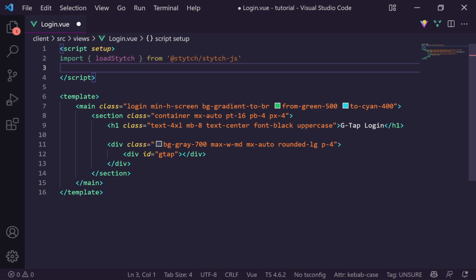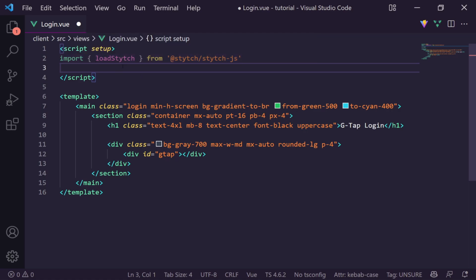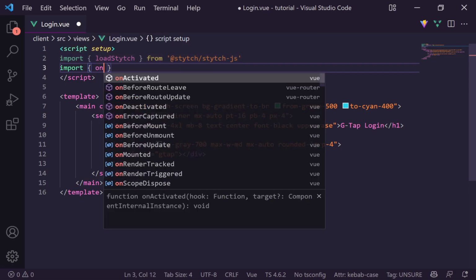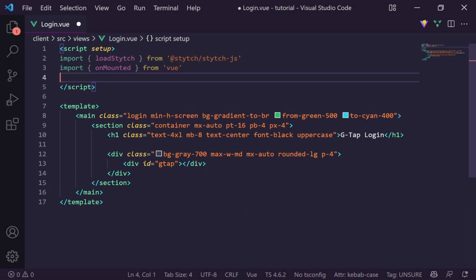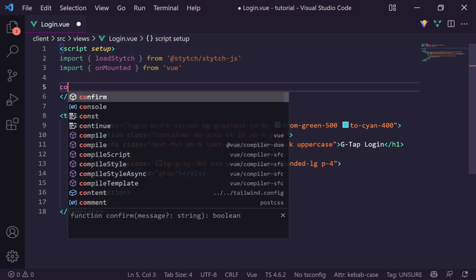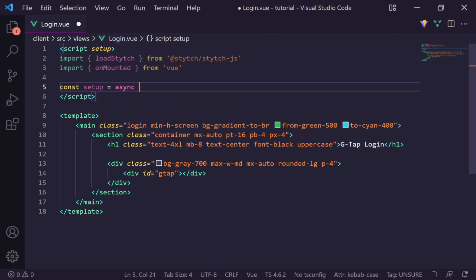There's actually a built-in dedicated React component you can use from Stytch, but their documentation is on their website and it's really good for the React stuff. So if you want to check it out, definitely go look at that. Otherwise, we're going to be using just the standard JavaScript implementation of it, and then we're going to get on mounted from Vue.js. We're then going to say const setup is equal to an asynchronous function,